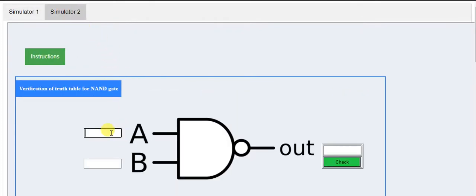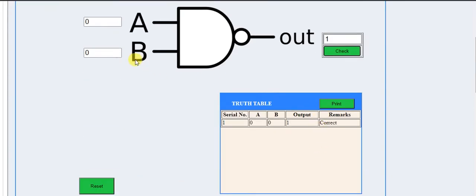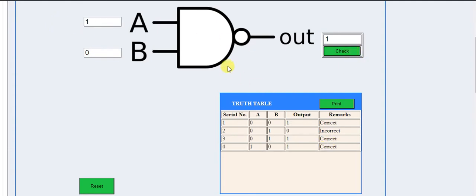Similarly, go to the simulator. So 0 0, what should be the output? It should be high. It should be 1, right? It's correct. At least 1. 0 1, this should be 0, right? Incorrect. Reason, it should be high. At least one possible output. And similarly 1 0, it should be 1. For 1 1 alone, it is 0.